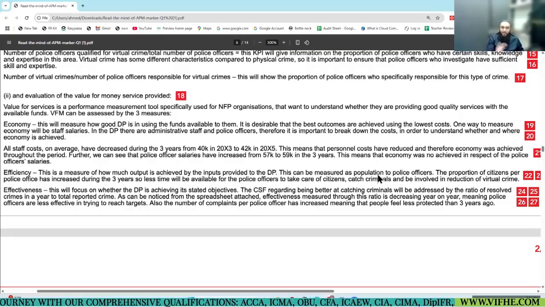Okay, the measure itself. The proportion of citizens per police officer has increased during 3 years. So less time will be available for police officers to take care of citizens, catch criminals, and be involved in reduction of virtual crime.